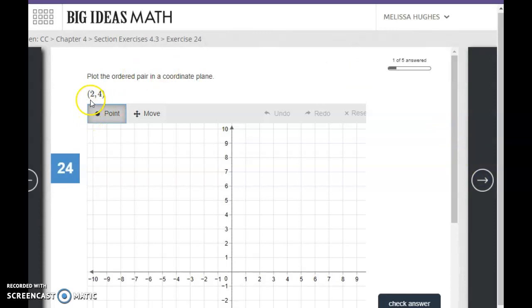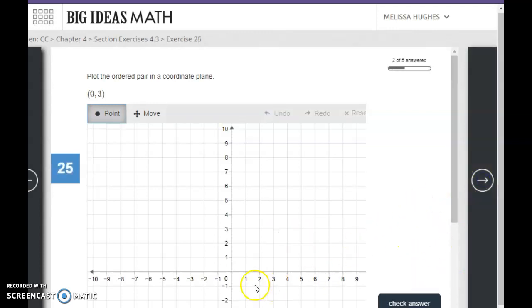All right, second question says to plot 2, 4. So once again, I start here in the middle. 2 tells me I move to the right 2. And then 4 tells me I move up 4. 1, 2, 3, 4. That is where I would plot my point, and that is my answer to question number